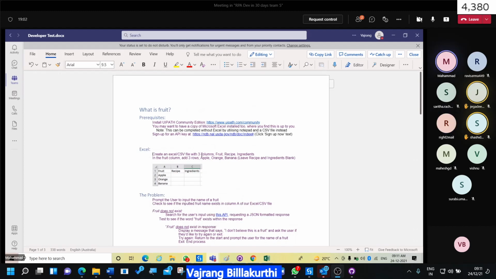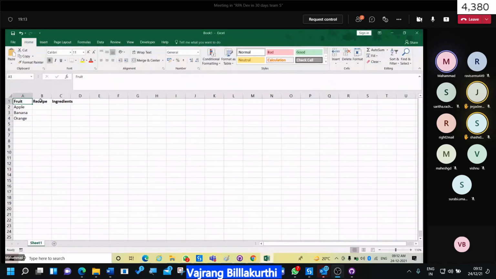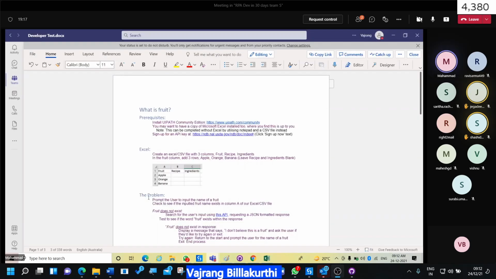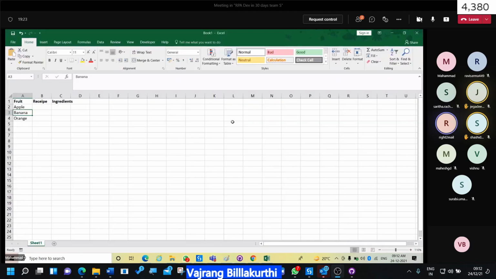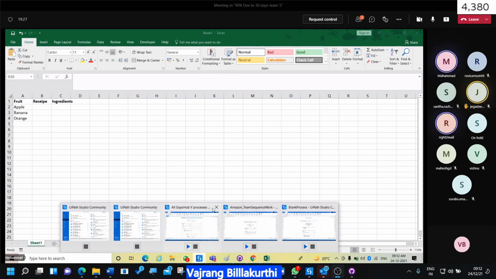So create an Excel file with 3 columns. So we have created columns with 3 items. I'm opening this. I'm closing all that.